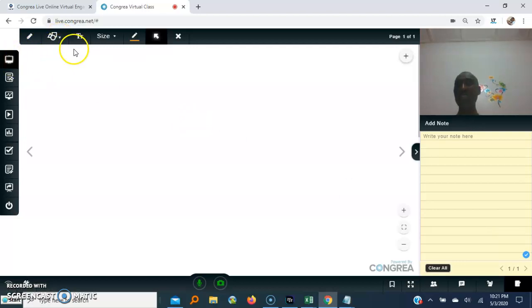This is how we can explain. I forgot to show you the plus and minus signs we have here: the plus is for zoom in, and the minus, the negative sign, is for zooming out, and here we have fit to screen. Yes, thank you very much. This is the summary of what we have here